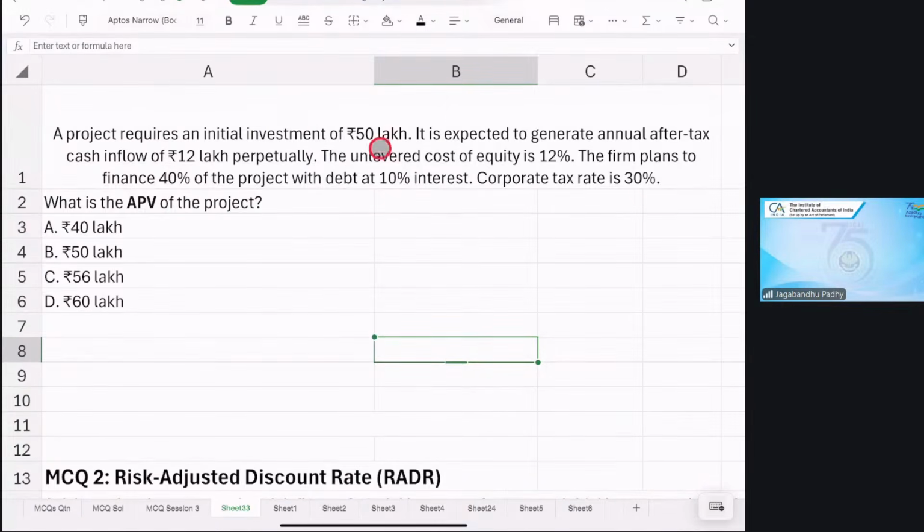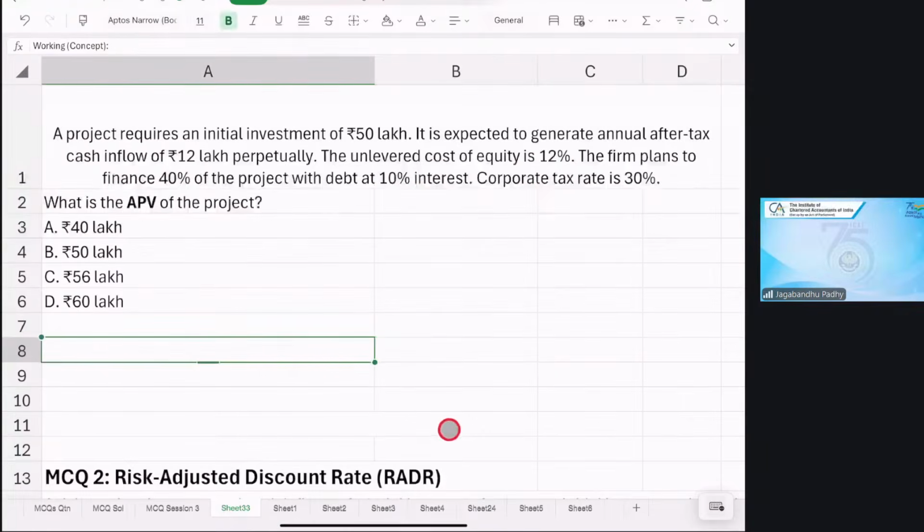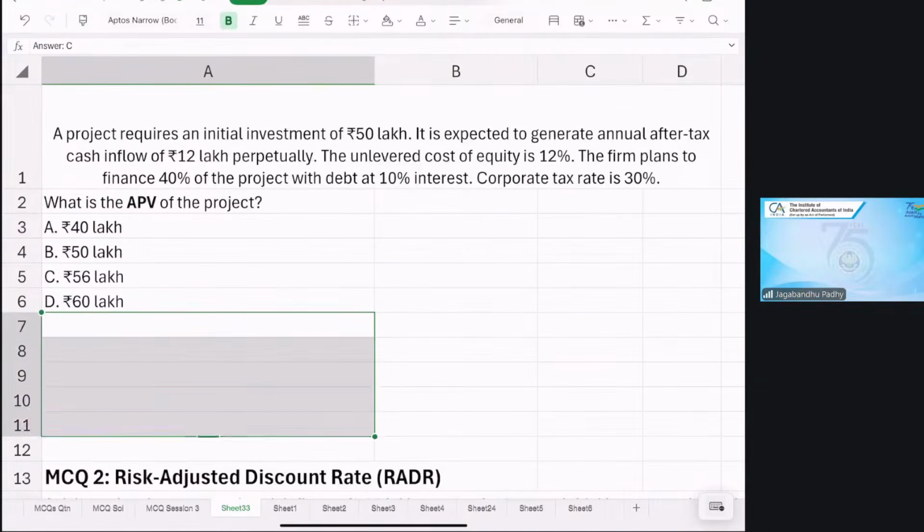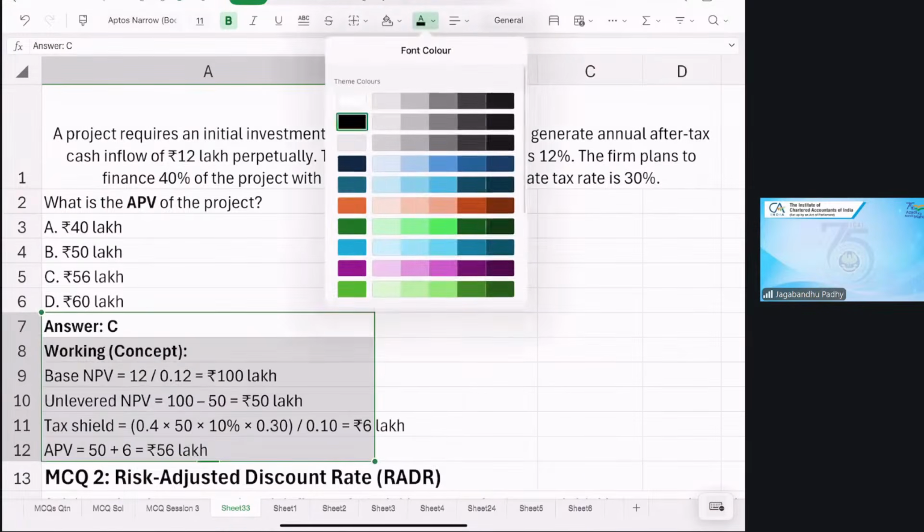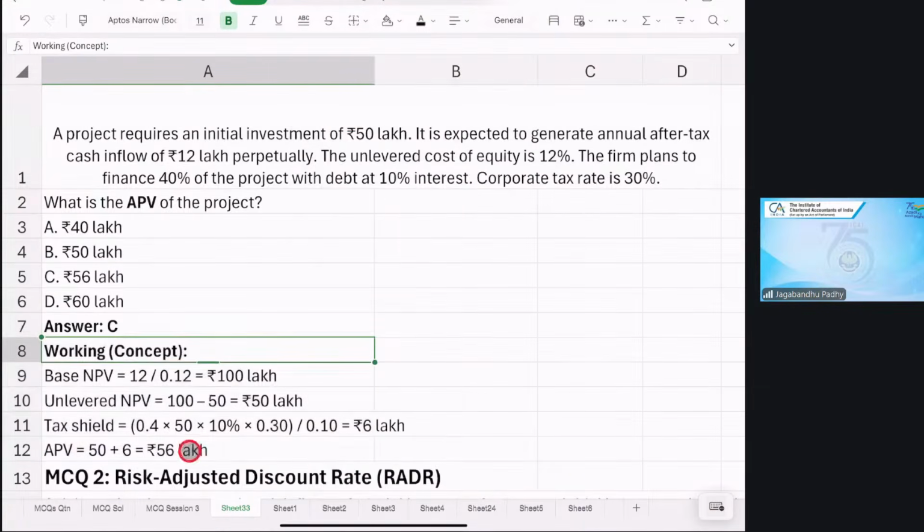Initial investment 50 lakh, it is expected to generate an annual after-tax cash inflow of 12 lakh perpetually. Unlevered cost of equity is 12%, and the firm plans to finance 40% of the project with debt at a rate of 10% interest. Corporate tax rate is 30%. So we have to calculate the adjusted present value. How do we calculate it? Answer is C, because we first calculate the base case NPV, which would be 12 divided by